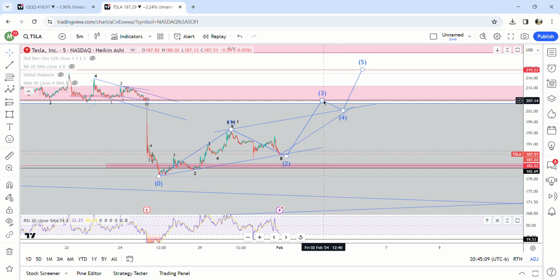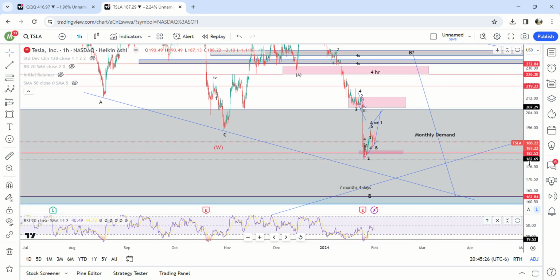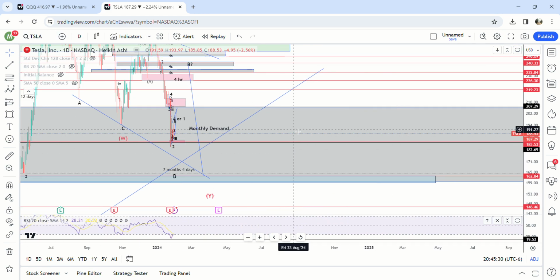But I think that we're going to at least see this gap fill here at 207 in the next, I don't know, in the next like 16 days. So it could happen quick too tomorrow. I mean, futures are up right now. We'll see what happens. But the 1.61 fib is here at 207. Zooming out on the chart, on the daily,